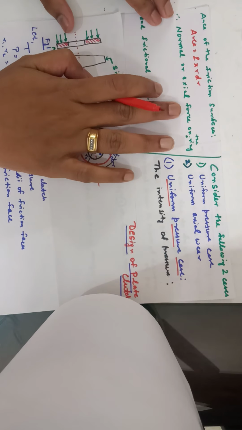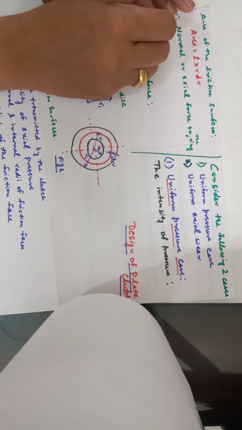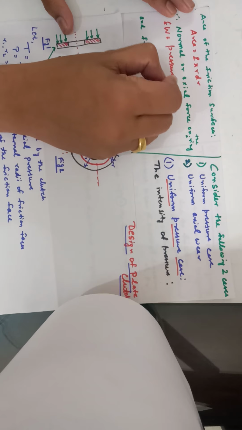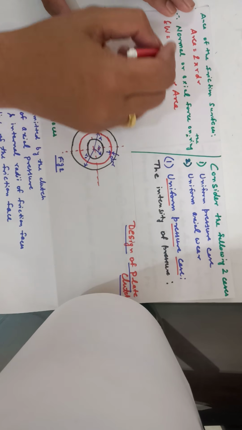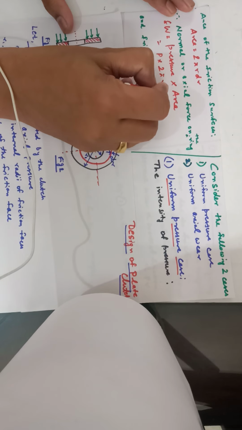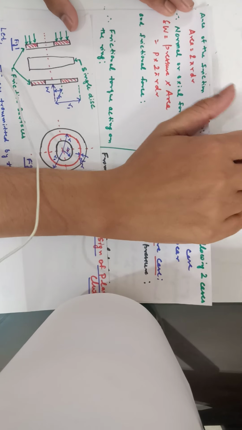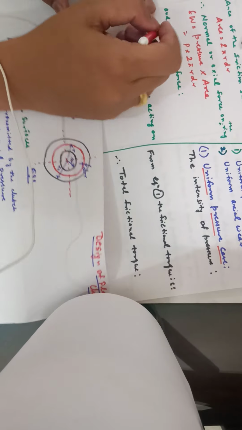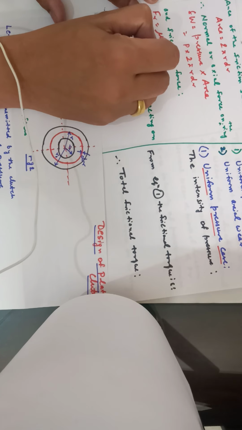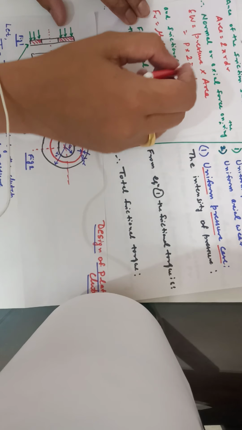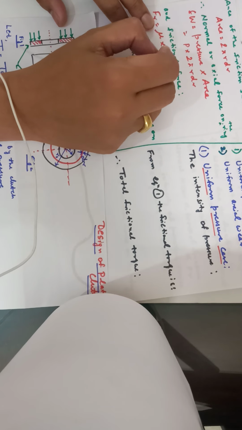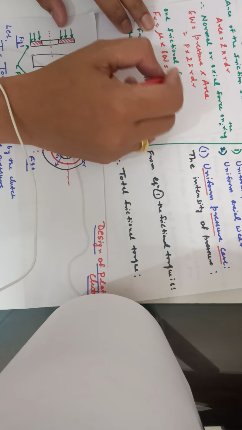Now the normal or axial force, we know the formula of axial force: pressure into area. So what is pressure? Pressure is P, and the area we have found is 2 pi r dr. Now the friction force Fr is given as mu into del W of a small elemental ring, and when we place the value of del W from the above equation, we get,